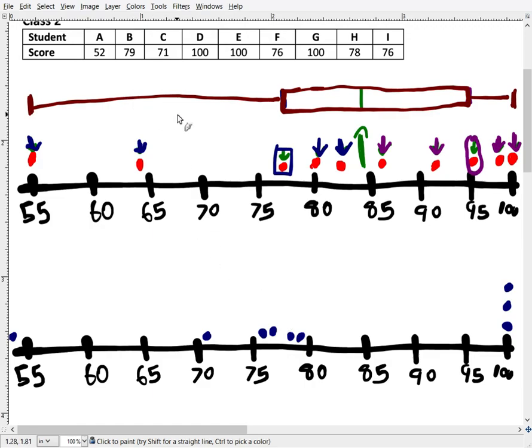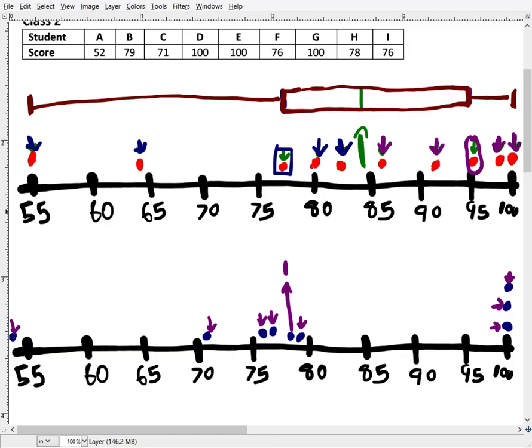So trying to find the box and whiskers plot numbers that I need here, I'm going to say, okay, well first let's start on this dot right here. This dot right here is going to match up with this dot. This dot is going to match up with this dot. This dot will match up with this dot, and you can see that I will now land on this final dot right here. So this is going to be where my median is, right at around, I believe that was 78. So we see 78 right here,